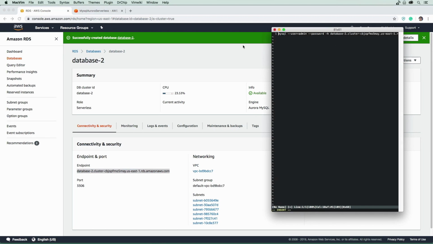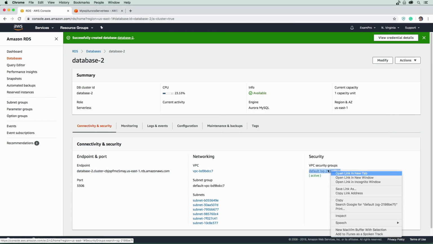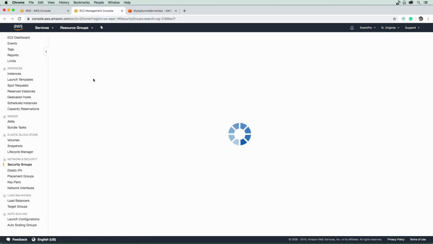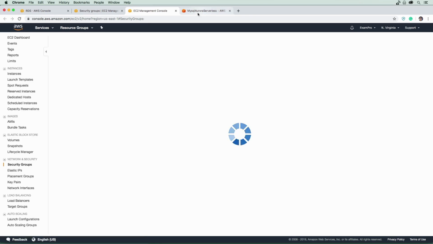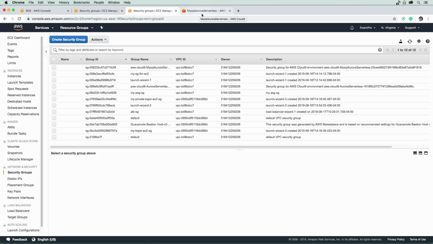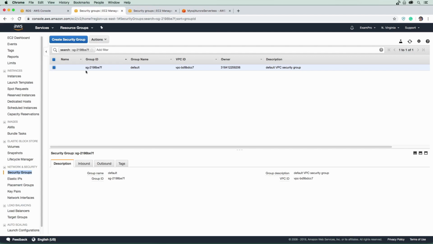But before we even do this, we are going to need to update our security group, because we're going to need to grant access to the security group of that Cloud9 environment. So on the left-hand side, we'll open up security groups again here, and we're going to look for this Cloud9 environment. So we have one here. It's this one up here. I just need the actual group ID of the security group, and we'll go back to our serverless